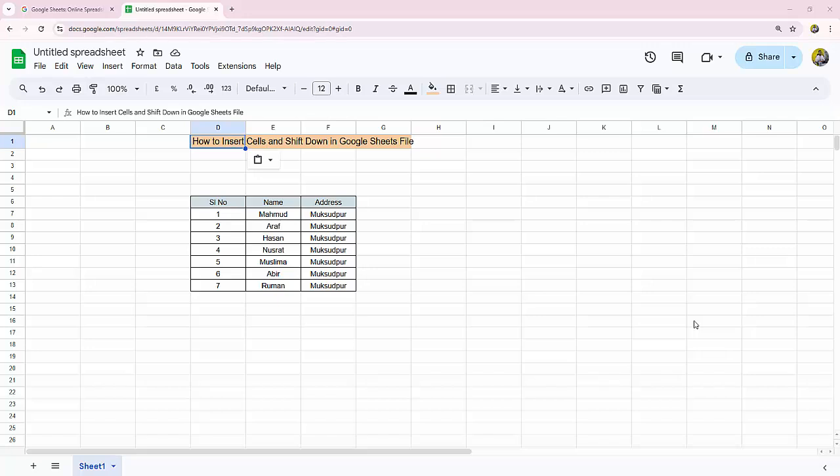Today's video: how to insert cells and shift down in a Google Sheets file. So let's get started. At first, open your Google Sheets file. Firstly, you can see in the Google Sheets file there is the text "Insert cells and shift down." Now select from the